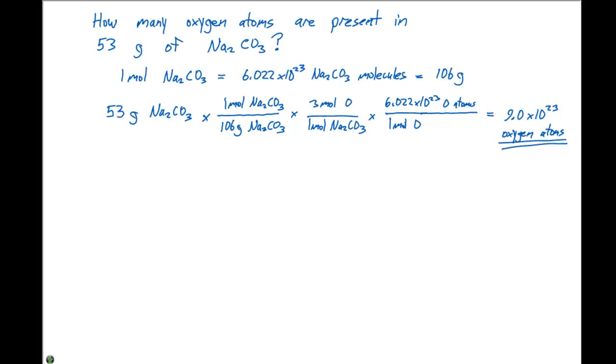When we're making conversion factors with one in terms of grams and moles and how many moles you have in different coefficients here, those are exact numbers. So they're going to have an infinite amount of significant figures. So what's limiting us in this calculation is the 2 significant figures from the number 53 in terms of grams of the sodium carbonate. So our final answer has to have 2 significant figures, and we have it here listed correctly. So 53 grams of sodium carbonate are going to have 9.0 times 10 to the 23rd oxygen